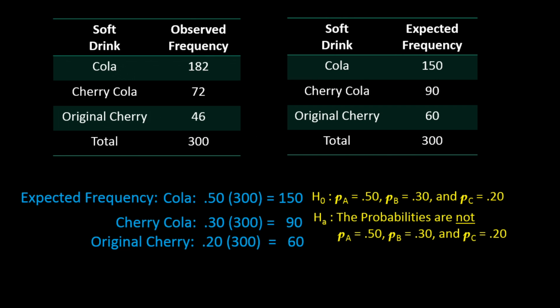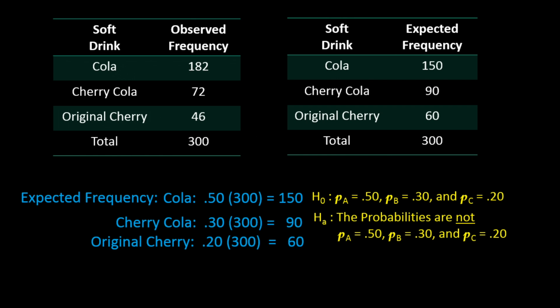Now the question is: is 182 different enough from the expected 150 for us to support the alternative hypothesis that the true proportion is not 0.5? The same goes for the other flavors. We would expect 0.3 of 300, or 90, purchases of cherry cola, but we observe 72. Is that enough evidence to conclude that the true proportion of cherry cola is not